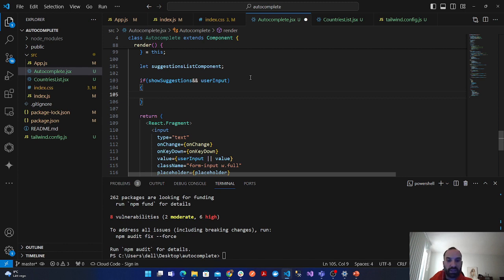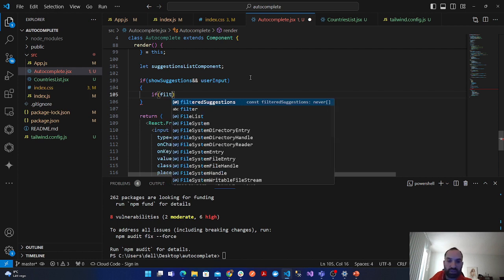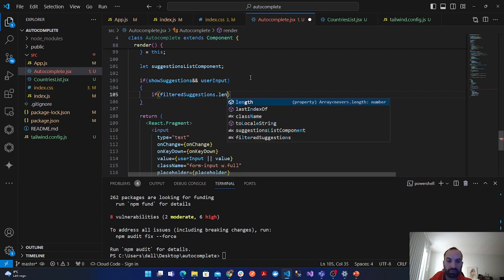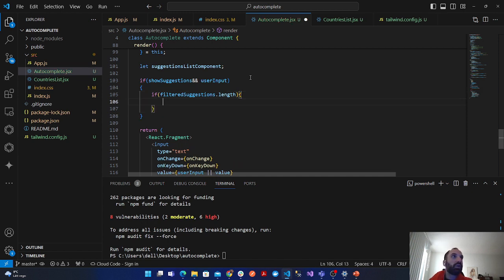And the stuff is this: if filtered suggestions has anything, then suggestions list component,